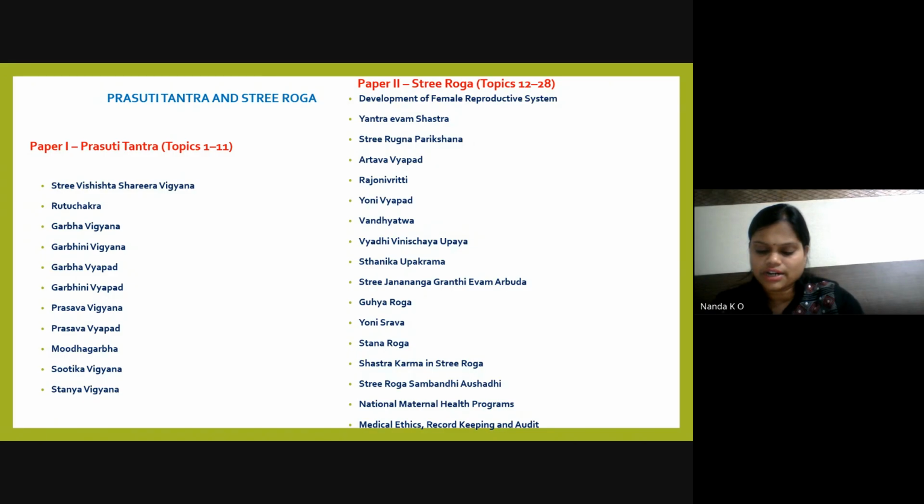And already you had read in Swastavritta about family planning methods, like intrauterine devices and other things, and the same holds good here also. Along with that, you need to know about tubectomy and vasectomy. There are two surgical points we will be covering in Prasuti, and then Sutika Vyapad, like Nidana, Samprapti